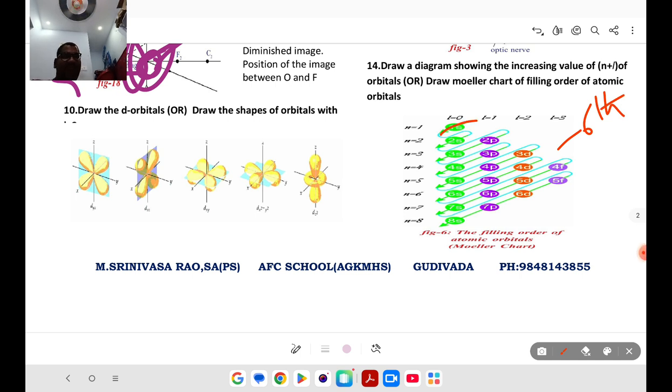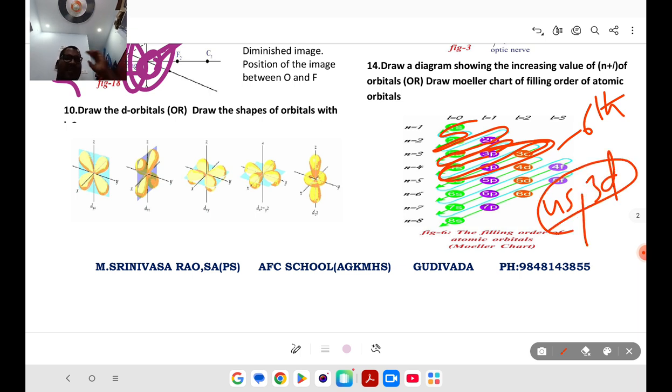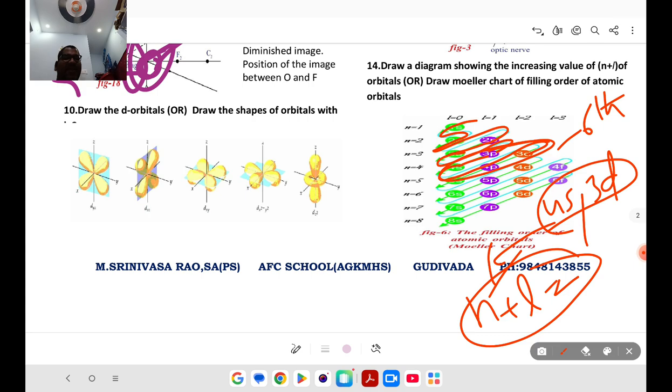After 1s your electrons will go to 2s, from there again it will go to 2p, and like that it goes. After 2p it goes to 3s, after 3s it goes to 3p, after 3p it will not go to 3d, it will be filled in 4s, and after 4s they jump into 3d. So this part is very important, why electrons will be filled in 4s before 3d, right? So the (n+l) rule will be used to explain this, the n plus l value. This topic is very important, study from your textbook. Okay,